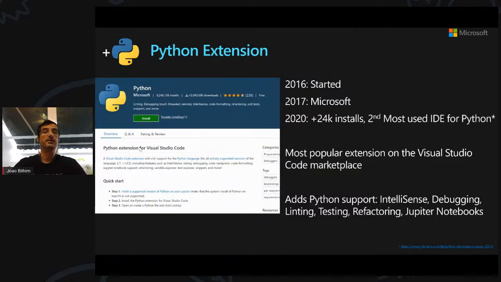Python and the Python extension in Visual Studio Code are the second most popular IDE for, obviously, Pythonistas such as ourselves. And as previously mentioned, through this extension, we'll get full Python support for IntelliSense, debugging, linting, testing, refactoring, but also, as we will see, support for Jupyter Notebooks within the IDE.